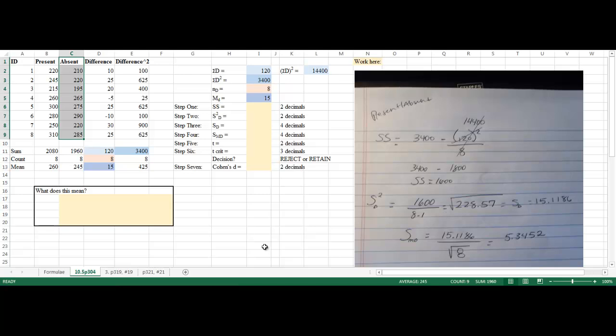Then this worksheet is going to do a couple of different things for you. It's going to find your difference score for you. So it's taking present minus absent to give you your difference score, and then it is squaring that difference score. We go down below, so this should look very similar to you, just like it did when we were doing our variance and standard deviation. So here I've summed everything from the columns, I've counted everything, and then here are the means for all of